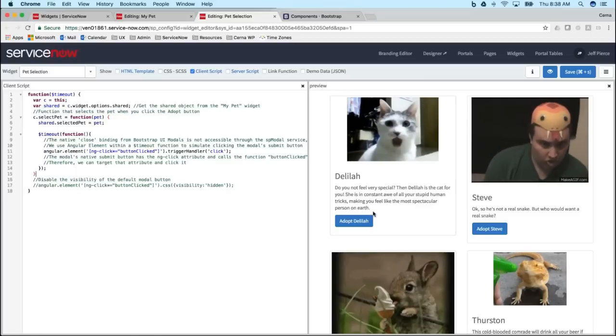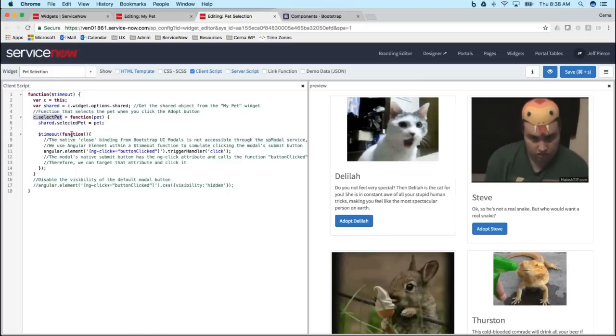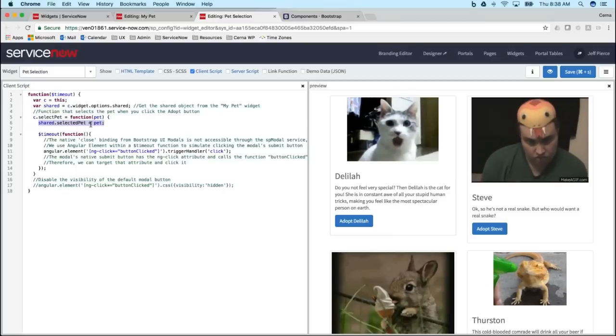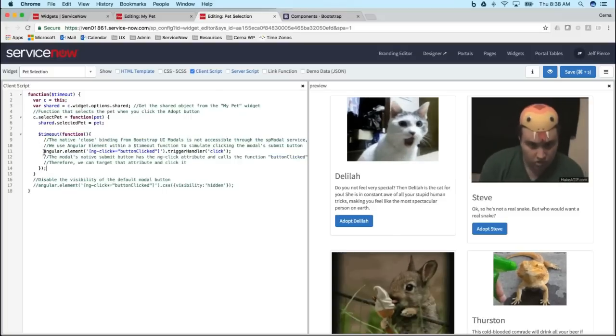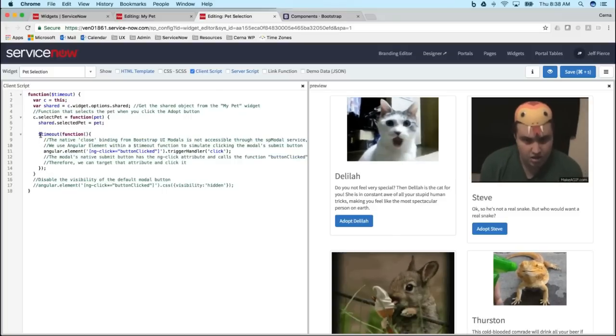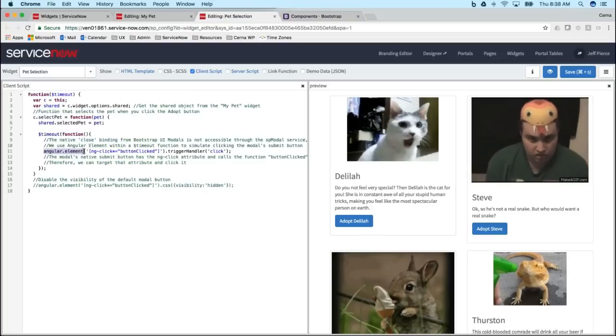So when I click the adopt button, this function runs. What I want to do is first make a selected pet assignment. Once that's done, I use the timeout function to wrap another action. This just ensures that whatever I put inside of this happens after the assignment, so that I don't get any errors. So I'm using Angular element. This is essentially what jQuery would do for you. Instead of using jQuery notation, we have Angular element now,